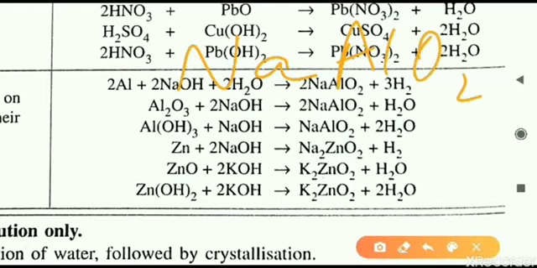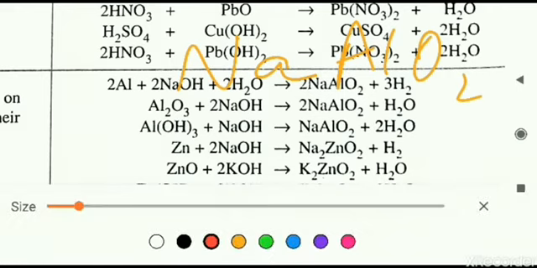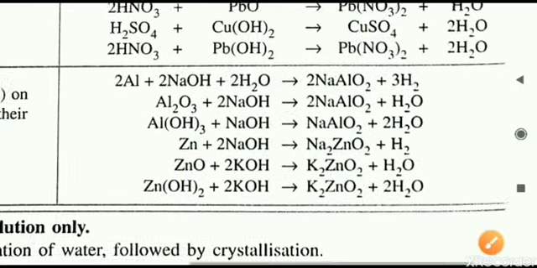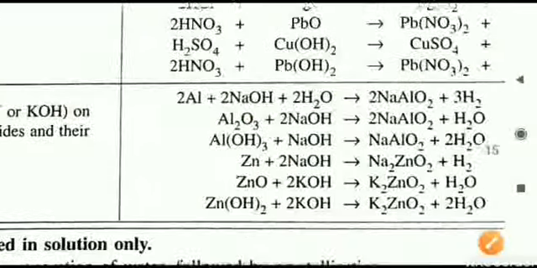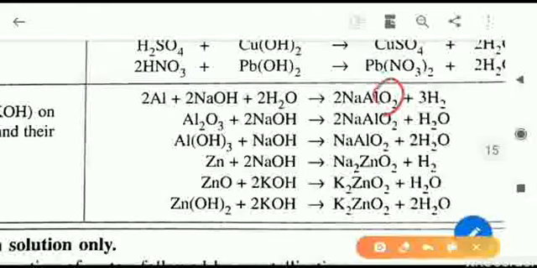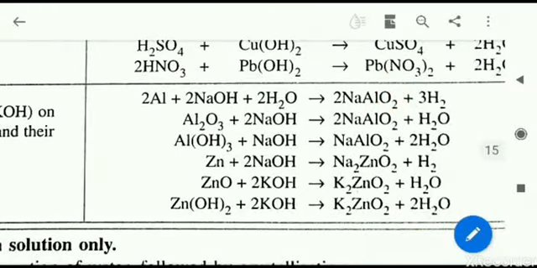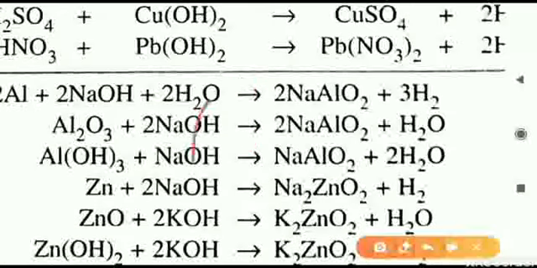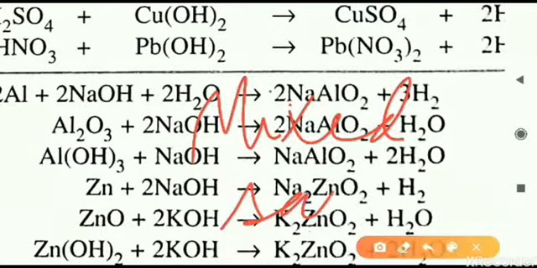In the previous video only, we have learned the types of salts. Here you can see two types of positive radical are there. Na is also a positive radical, Na plus. Similarly, aluminium is also a positive radical. So two positive radicals are in the single salt only, and only one negative radical is there, that is oxygen. Two positive and one negative radical. What does it mean? What kind of salt is it? If you have learned the types of salt, you may be knowing. This is a mixed salt that is forming.